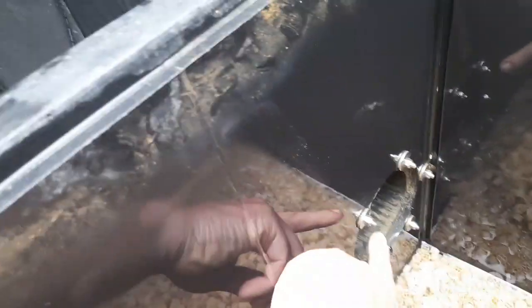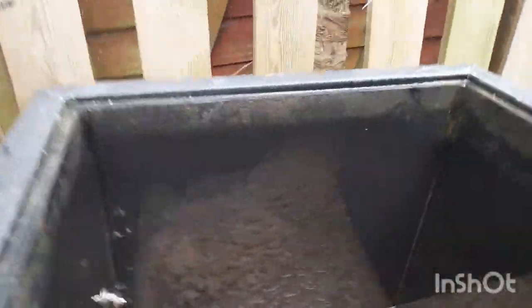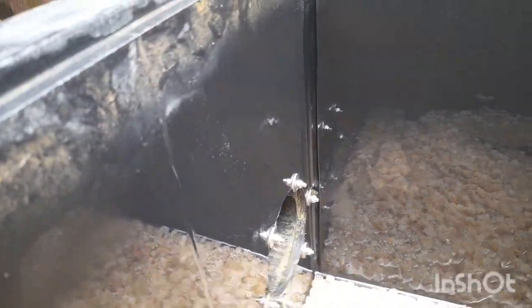Right, I'll show you what I'm going to be up to. This, let's say inlet here, is leaking. So what I'm going to do is swap this for another 4" because it's taped all around there, and the seal on it might be off. When I first put